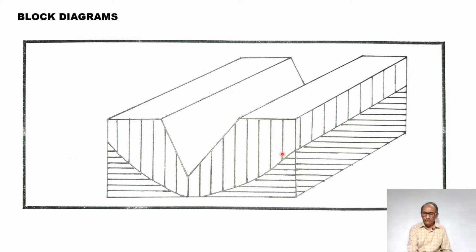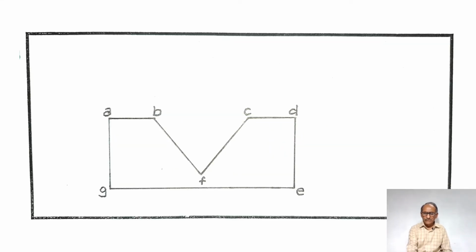Let us now see how to draw this block diagram. We will go step by step and it is very easy. So it's very easy to draw this block diagram. So let us go to the next slide. Say, for drawing a V-shape valley, what is necessary is just draw a V-shape. Is it simple? Very simple. Anyone can draw this type of shape and give alphabets for the different corners A, B, C, D, E